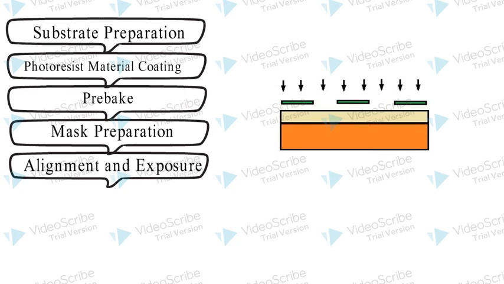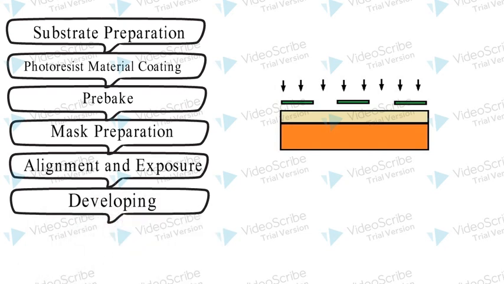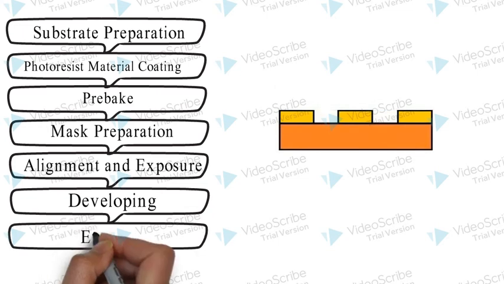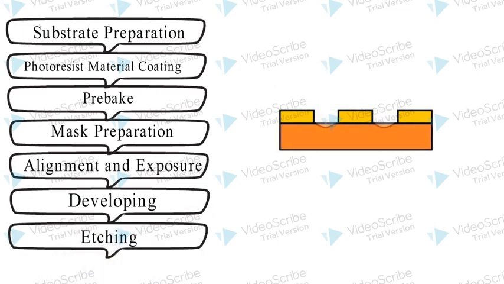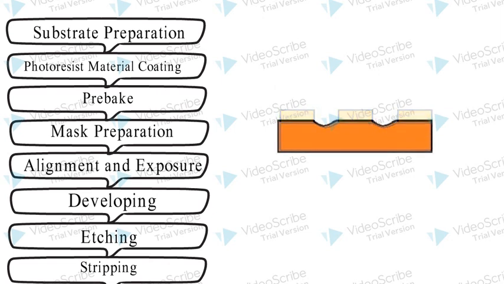This exposure causes a particular part of the photoresist coating to harden. It is then subjected to developing with an alkaline medium. Only the part which is not exposed gets dissolved, exposing the metal substrate. Then it is subjected to etching. Etching removes the metal from only the exposed part, thus creating the required pattern. And in the last step, stripping, we remove the photoresist layer and the machined surface remains behind.